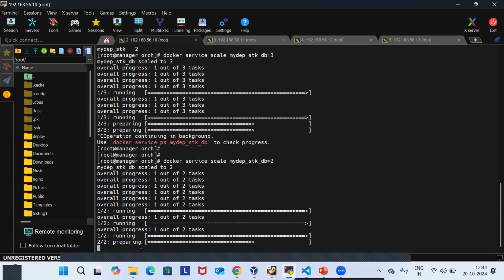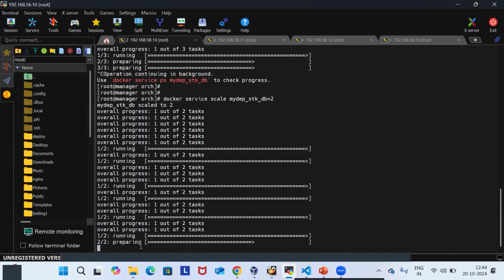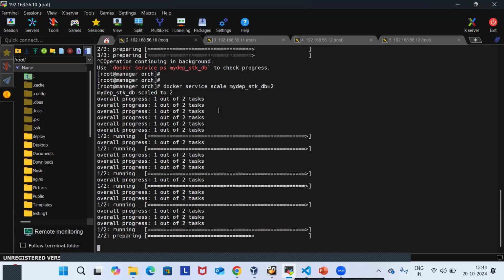Okay, so this way, let's not wait. This way you can do that. This is like Docker services scale. It's a number of replicas, whatever you want. You can increase that. Okay,